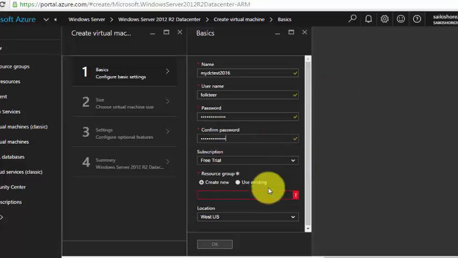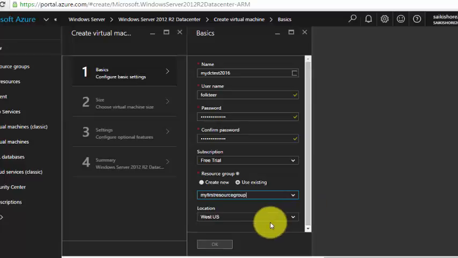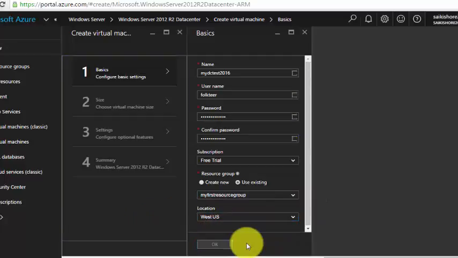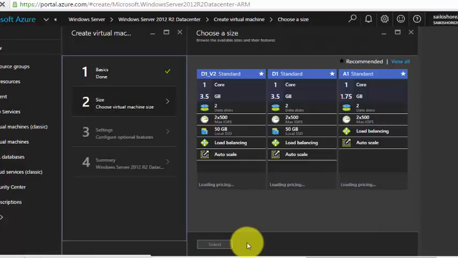And subscription free trial and resource group, create a new one. I would like to use the existing one in our case, and location, select whichever you want, click on OK. So here what we're trying to do is we are trying to spin up a virtual machine,